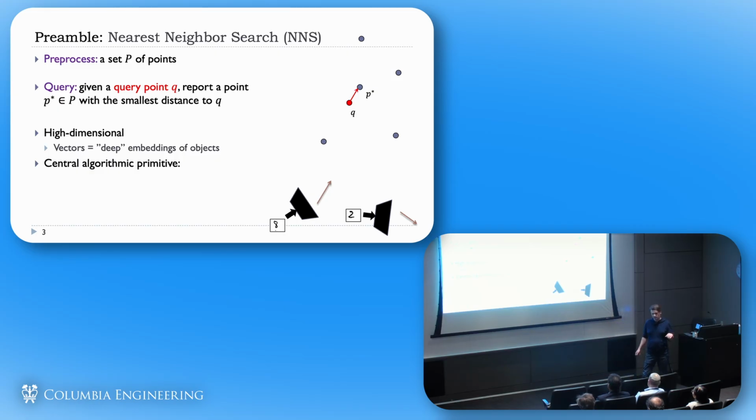Okay, so this has many, many applications, but in algorithm design, it's also a central algorithmic primitive. Basically, as Andrew mentioned, I work in high-dimensional computational geometry in general. So many problems in high-dimensional computational geometry are related to nearest neighbor search. You can use nearest neighbor search as a primitive to speed things up, let's say a bunch of clustering problems. In one way or the other, we would need to solve some kind of nearest neighbor search, or the tools that we develop for solving these nearest neighbor search problems are useful for developing solutions to other problems. And actually, I'll give you one example later.